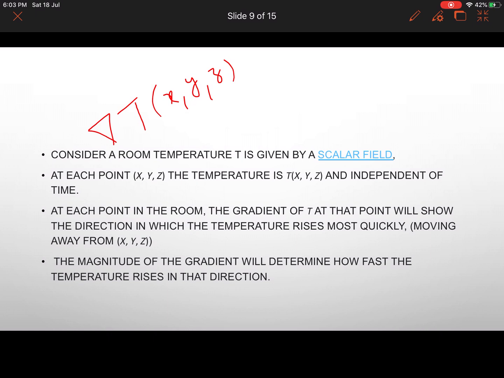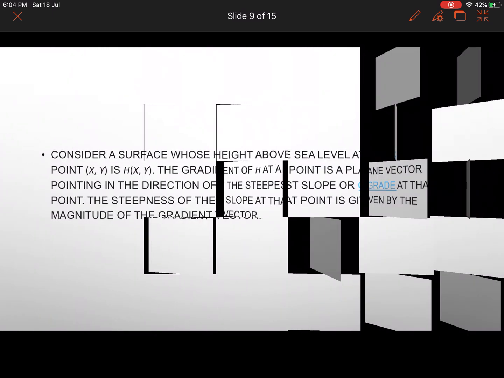Temperature itself is scalar, but in a particular direction it is changing. So changing temperature has a direction, that is a vector. Similarly, f is a scalar, del f is a vector. Why f is changing, how it is changing, in which direction and how quickly it is changing, that is another vector. So got the point? Okay, let us move on.